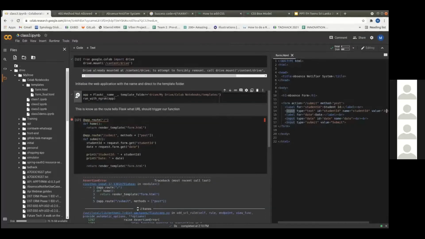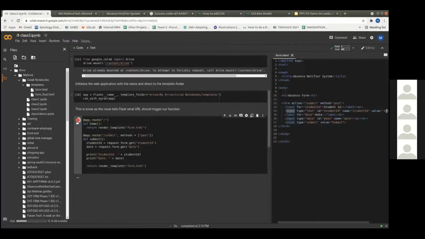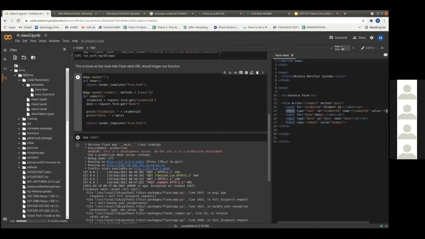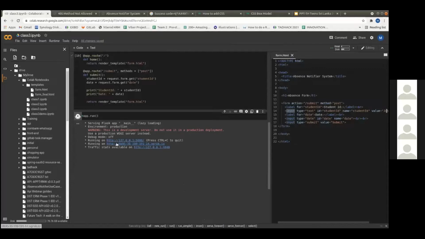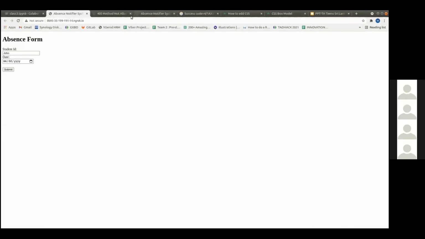You have to run it from the top, right? Okay, let's try again and see. I'll close the previous tabs. John 123, 13th, submit. Okay, now